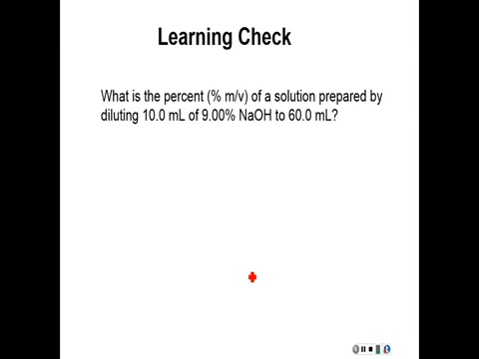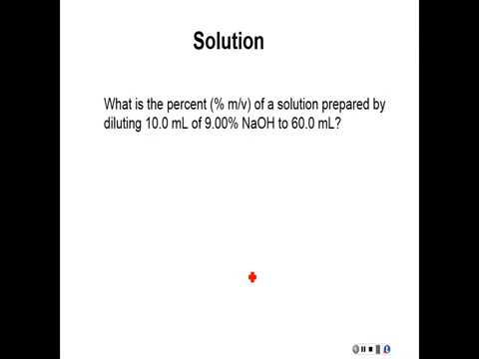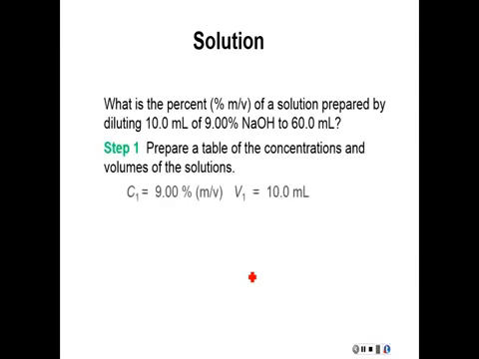What is the percent of a solution prepared by diluting 10 milliliters of a 9% sodium hydroxide to 60 mLs? So I'm just going to start you off with a data chart and have you finish it from there. So if we copy out the table, look what we have. Starting with a 9%, we're going to use 10 mLs of it, and the volume is going to go up